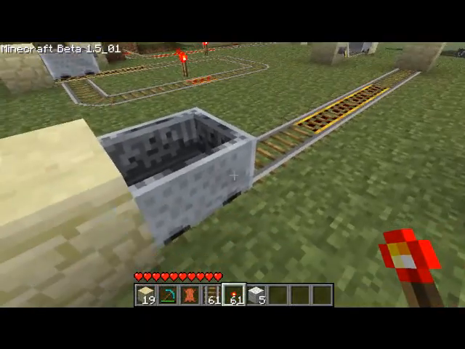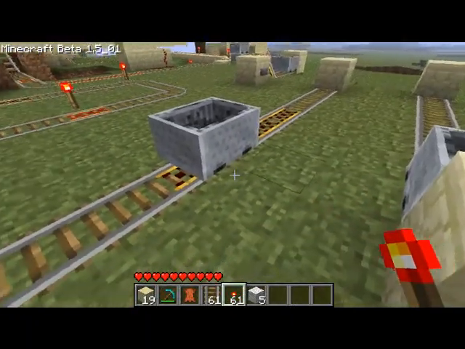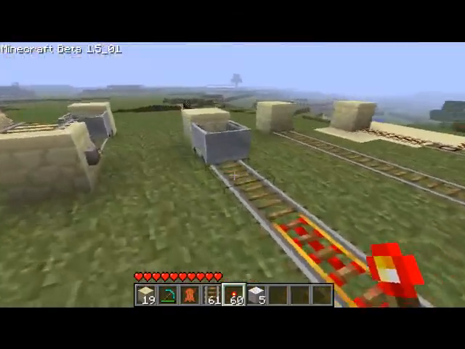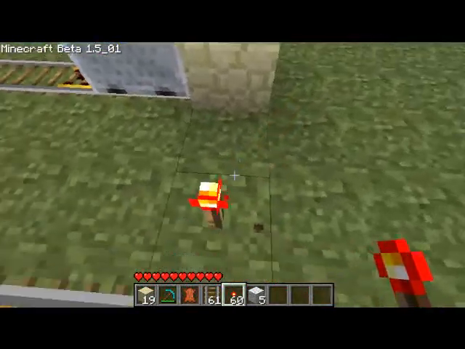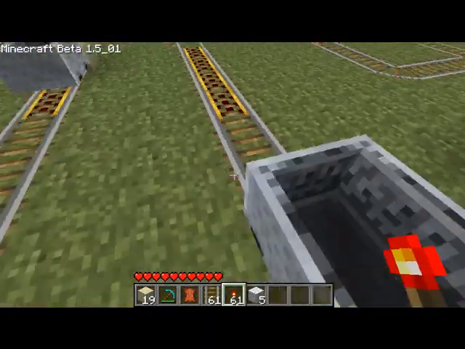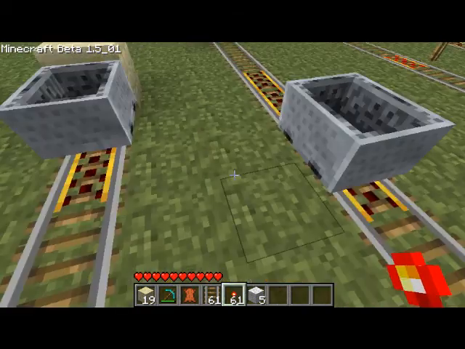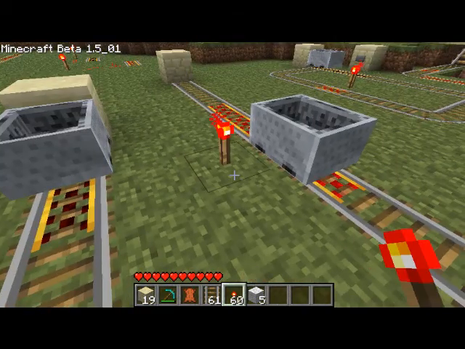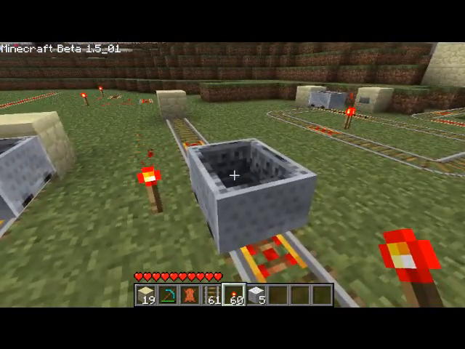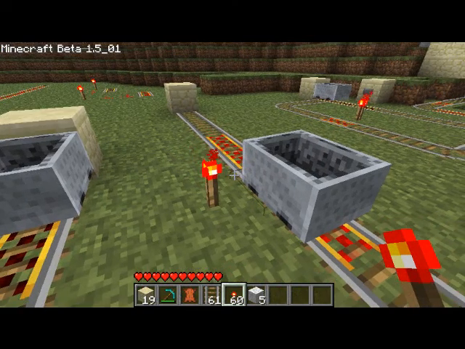When you have unpowered rails, they will act as a brake to a minecart. Obviously, when they're powered, they'll get a boost. When you have a cart sitting on unpowered rails and then you turn them on, nothing will happen. To get the cart moving, you're going to need to give them a little push, which can be hard for users who don't have a very good computer that's lagging all the time, and it's just not very